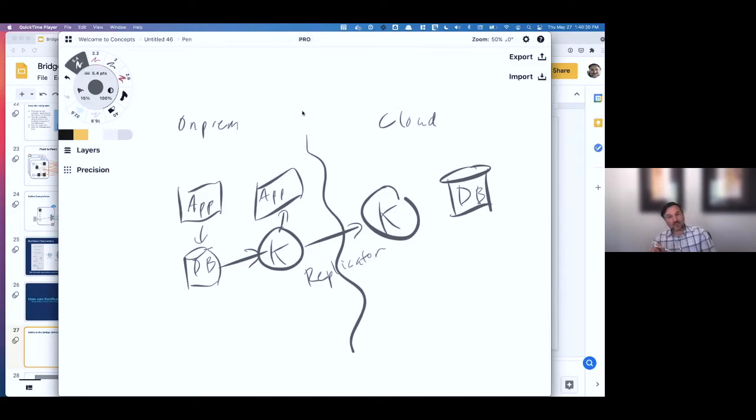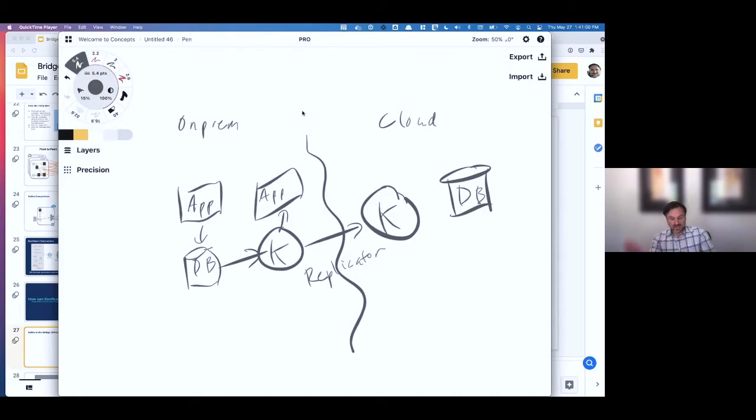So when you enable Replicator, you tell it, hey, I want to share these topics from this cluster to this cluster, and it does it in a fault-tolerant way, which means if your connection between those goes down, it keeps track of, hey, this is the last message that I sent, and as soon as that is restored, it just picks up right where it left off. And so everyone who's in the cloud still has their data, everyone who's on-prem still has their data, but Replicator gives you that copy of information so that it's now sitting in the cloud.